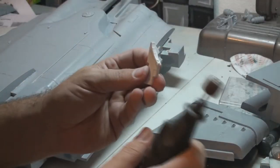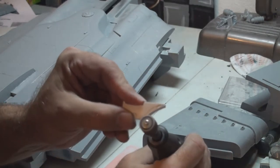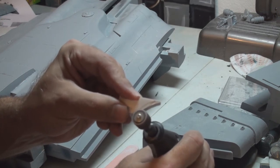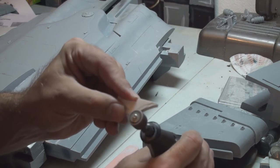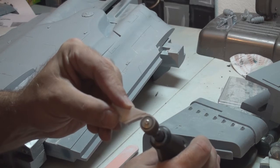All right, guys, check this out. We got the Dremel out. We're going to start sanding this piece down right here, and we're just going to take our time, man. I've got a little sanding bit on there, and we're not going to be in a hurry. We're not going to try and get it right to the line. But if you can see, we're just working off the edge